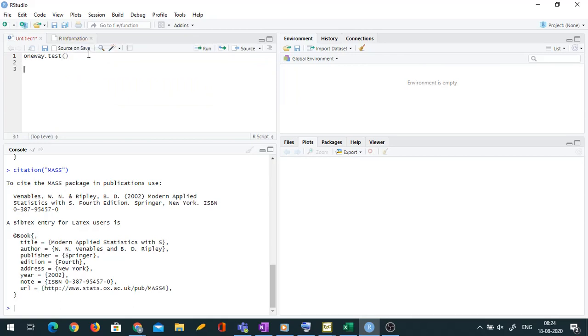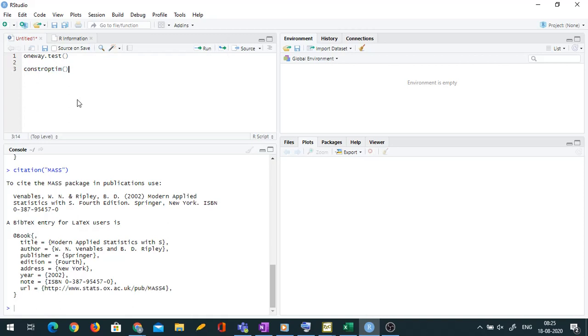Sometimes there are capital and small versions also. For example, there is this constrOptim. I always forget that only the O is capital, C is not capital. Such details you can afford to forget if you are using RStudio. You can't do it in R. In fact, it gives you arguments also: theta, what are the arguments and order? Theta, f, grad, ui, ci, mu, control, etc. So it's very helpful while typing the commands.